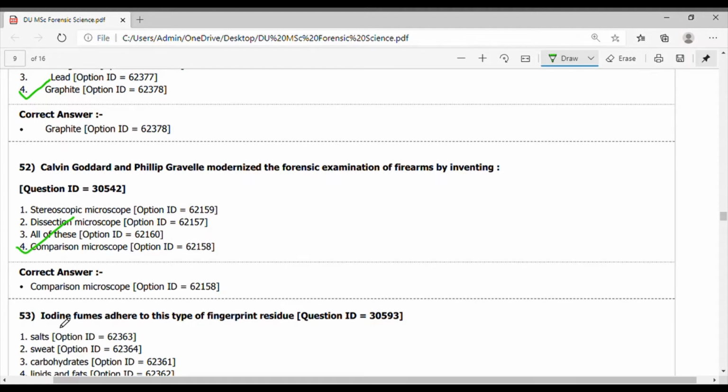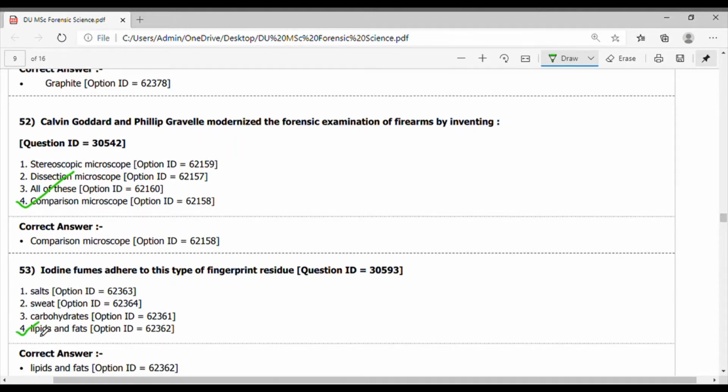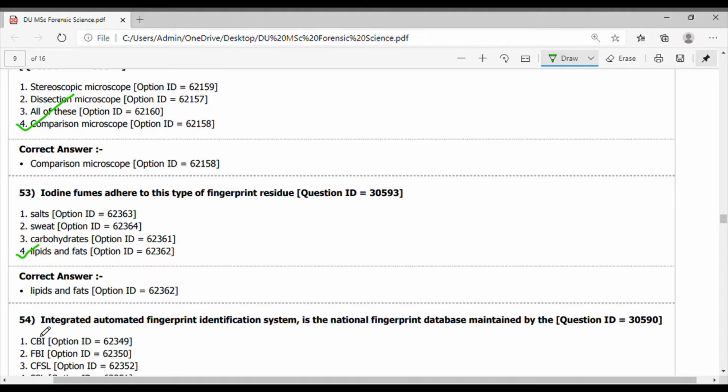The iodine fumes adhere to which type of fingerprint residue? It adheres with the lipid and fat. Lipid and fat is the right answer. Then question 54, the